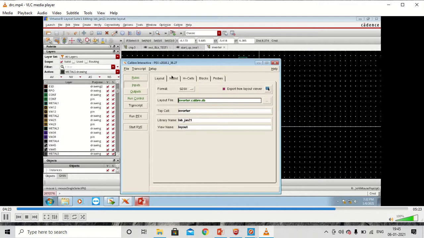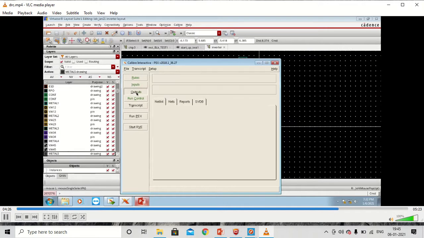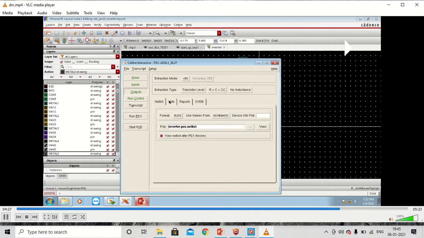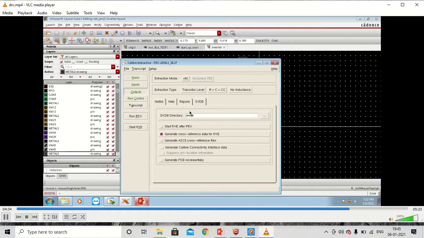So here we need to export the netlist from the schematic, and for output, PEX gives us output in the forms of different tools like Calibre View, HSpice. So depending on what kind of post layout you want to run, you can select the appropriate file format.